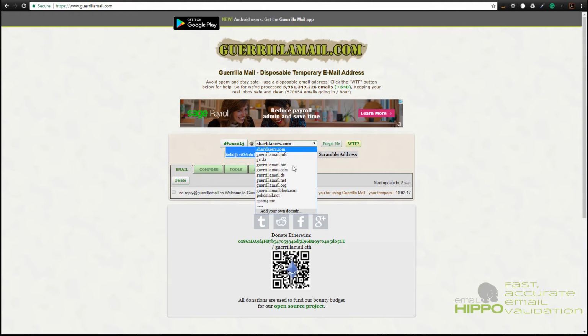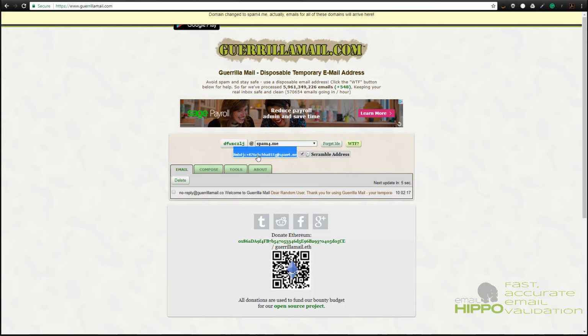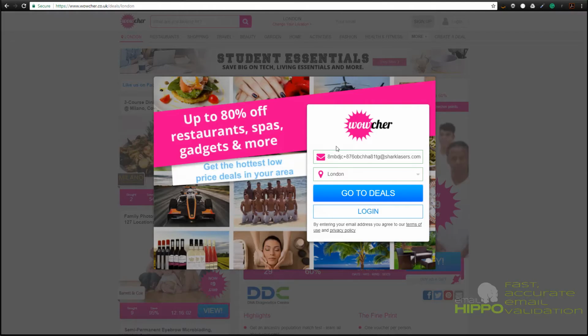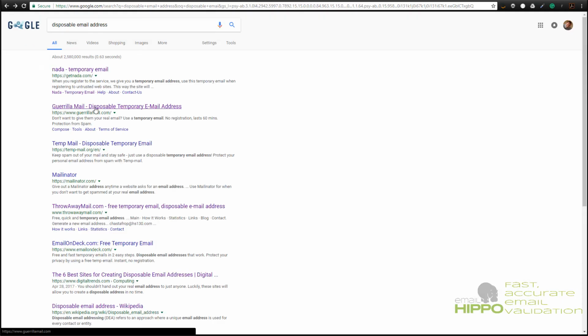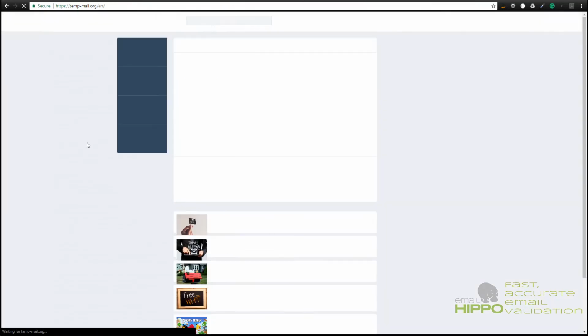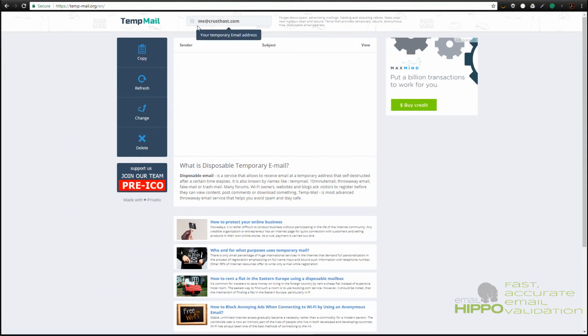Let's try another one. Spam for me. Does it know about that one? Go to detail deals. It knows about that one as well. All right, so Voucher is doing something about disposable email addresses. Let's try another disposable provider. Let's try the next one down. Let's try Temp Mail. All right. So copy that,